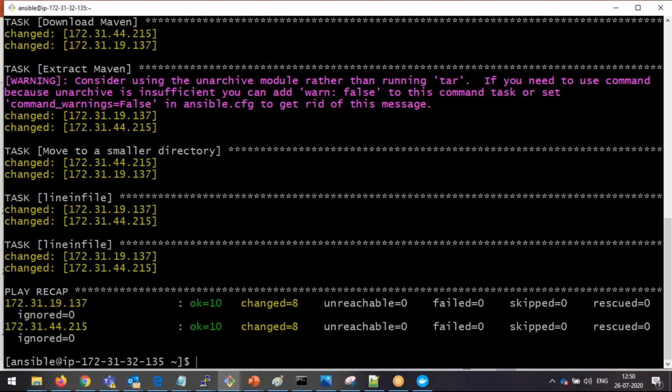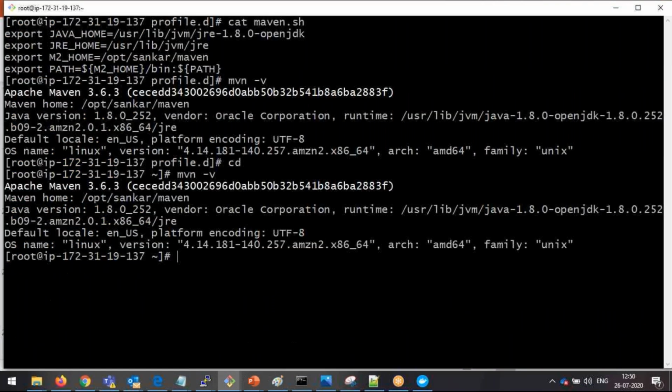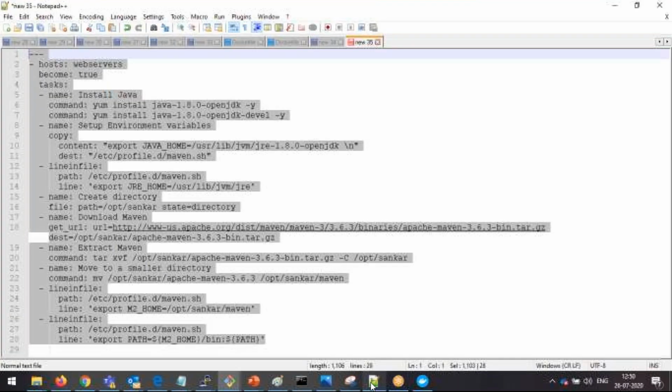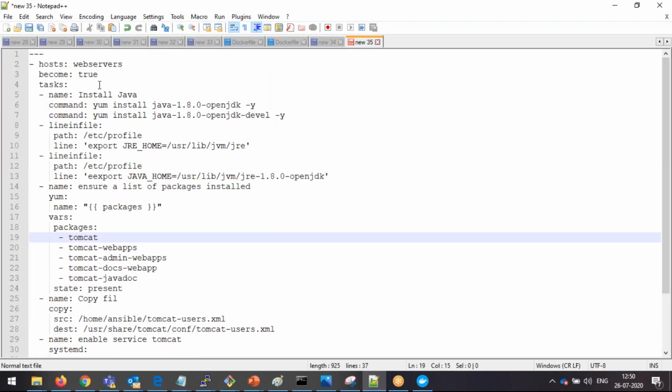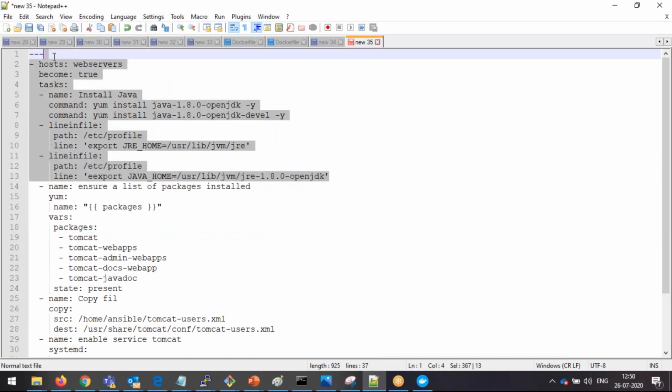So let me go to, if I give 5 minutes of time, it is going to... in the meantime, I will explain here. Right, this step is the common step for us. Right, so with servers, installation of the Java, then